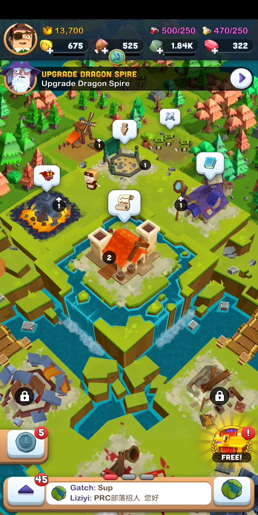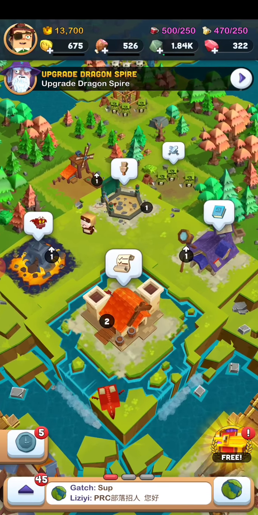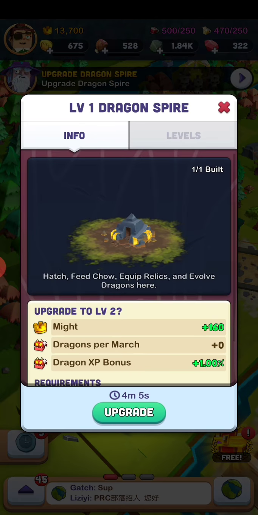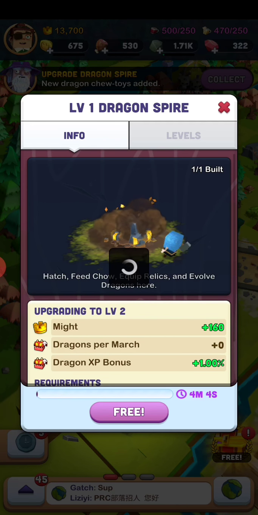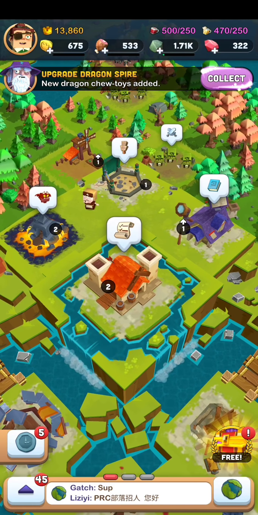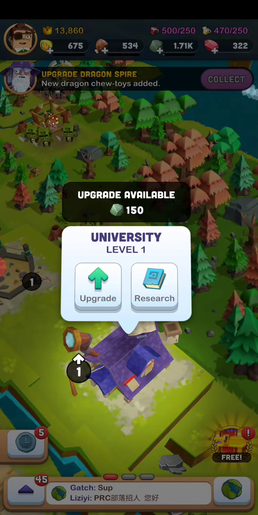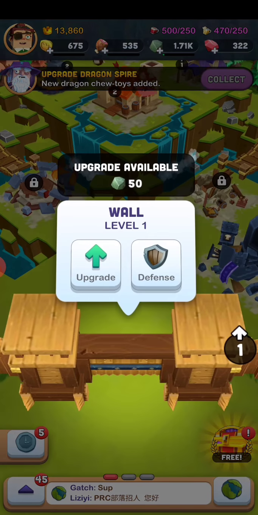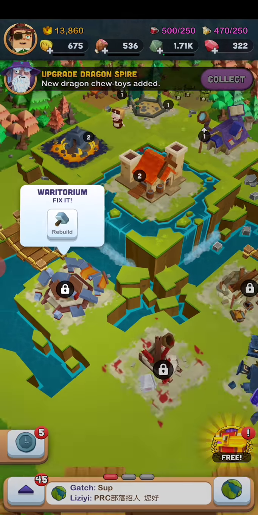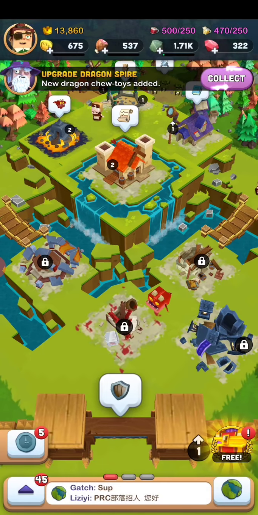We are not good. We have not got all the information we need to be successful at this. So what you're going to do is upgrade all of your buildings to the same level as your town hall before you go up to a new town hall. That's part of supporting a town hall. You need to have your Dragon Spire the same level, your university the same level, your wall the same level, your clan tavern whenever we get it done, and your oratorium the same level